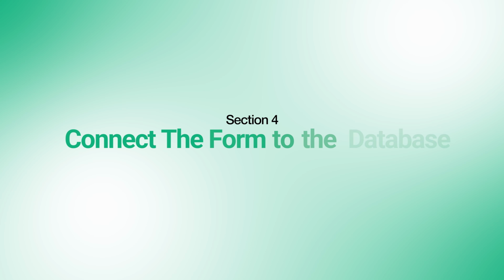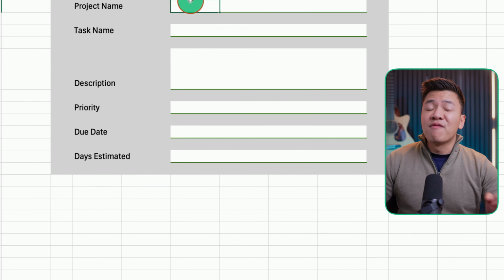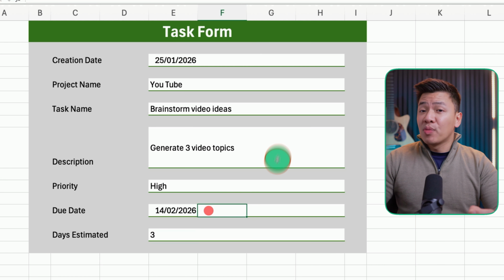Section 4. Connect the form to the database. Great job! Now it's time to connect the form to the database. We'll be using Office Script to transfer the data from our form to our database. Let's go back to our task form and fill it in. Great job! Now we're ready to record our Office script that will copy the data from our form to our